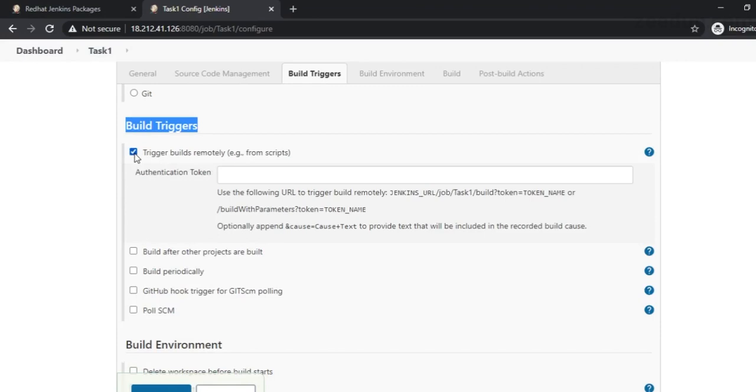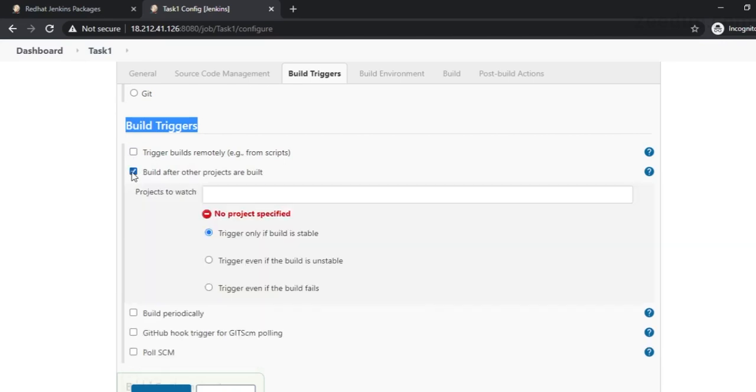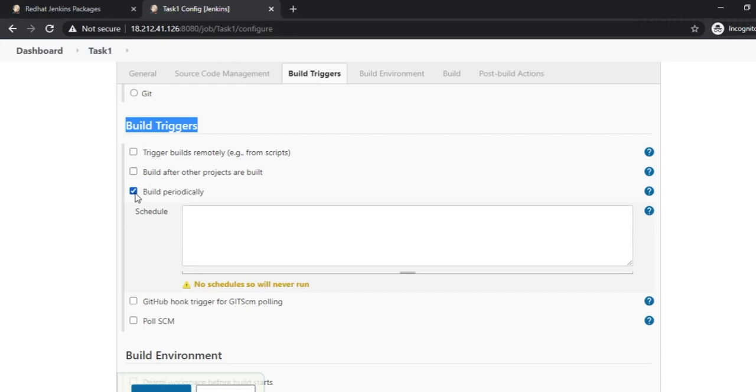Now, for this build trigger, we can trigger it remotely using webhooks, which we might see. We can build after another task, which is called task chaining.